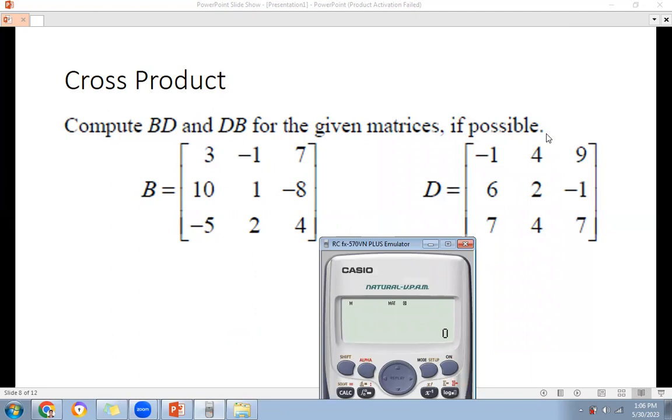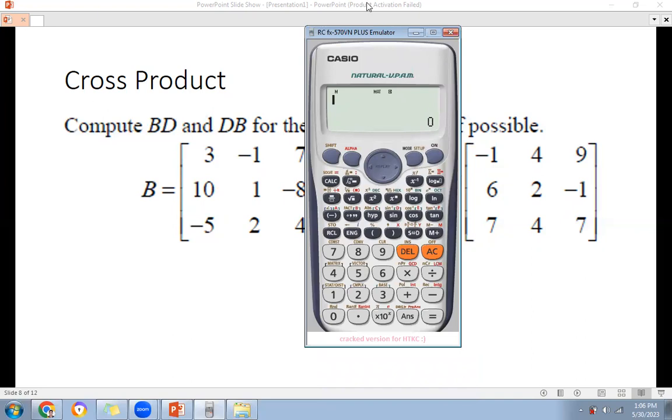The number of rows of the second matrix should be the same as the number of columns of the first matrix. So in this case, this is 3 by 3, 3 by 3. So the number of columns for B is 3 and the number of columns for D is 3. So that's equal. And then the number of